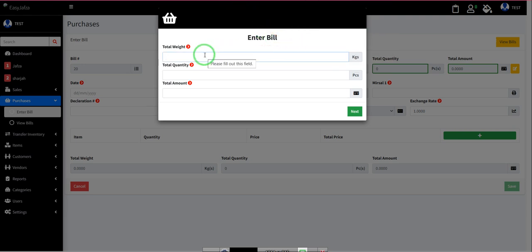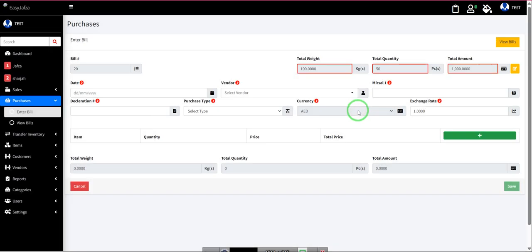On the bill of entry we have total weight, total quantity, and total amount. For example, we'll add that 100 is the total weight, the quantity is 50, and the amount is 1000. Then we will go to the next step. In the next step we will see the page of the purchase